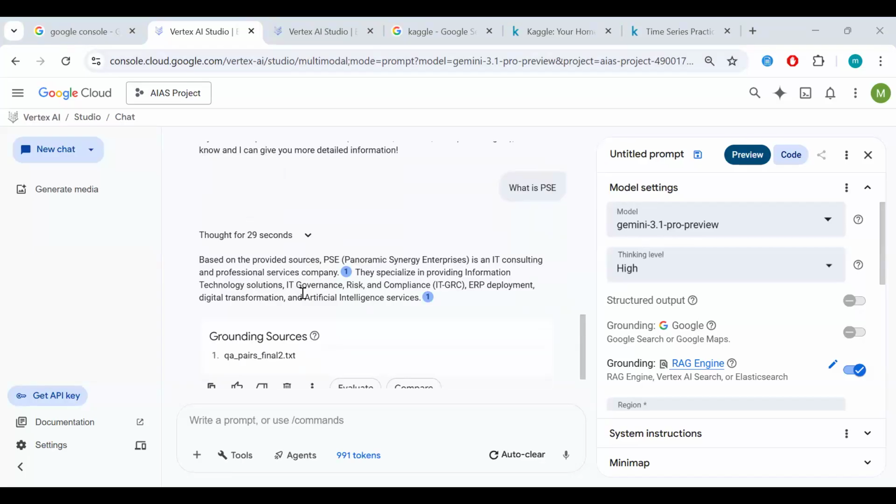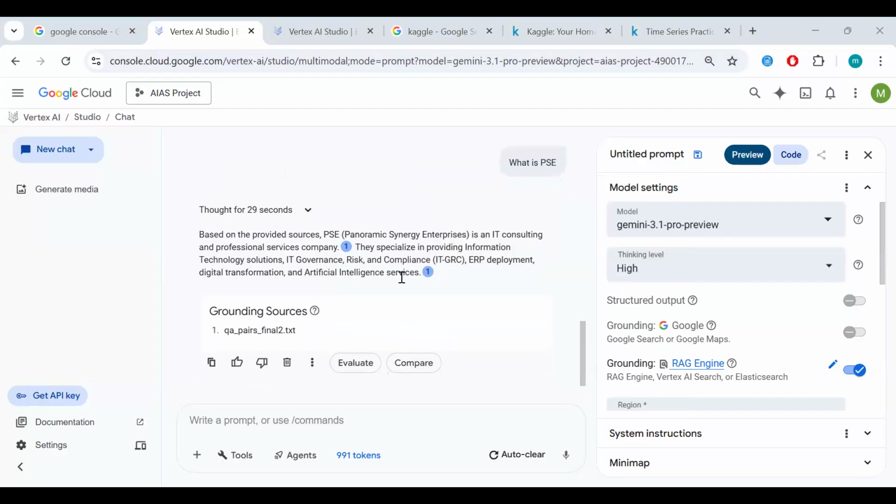And there we go. So based on provided sources, PSC, Panoramic Synergy Enterprise, an IT consulting and professional service company. They specialize in providing information technology solutions, IT governance, risk compliance, ERP deployment, digital transformation, and artificial intelligence services.